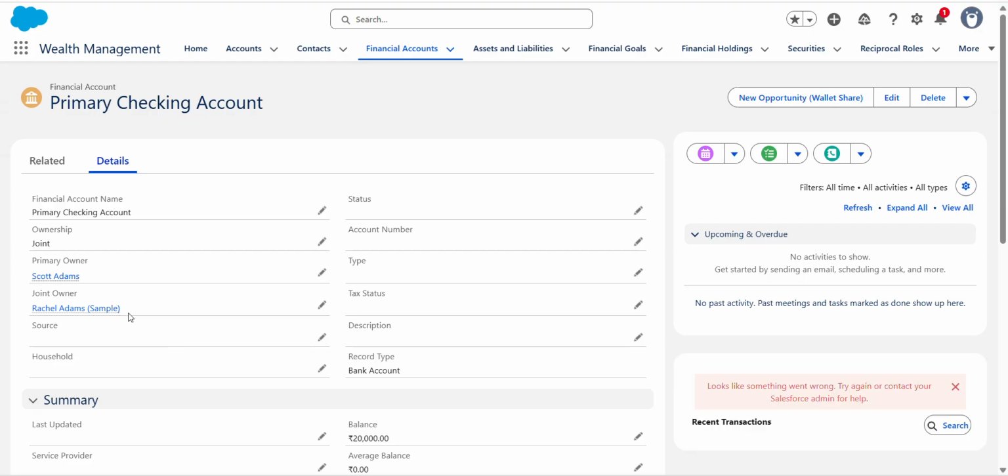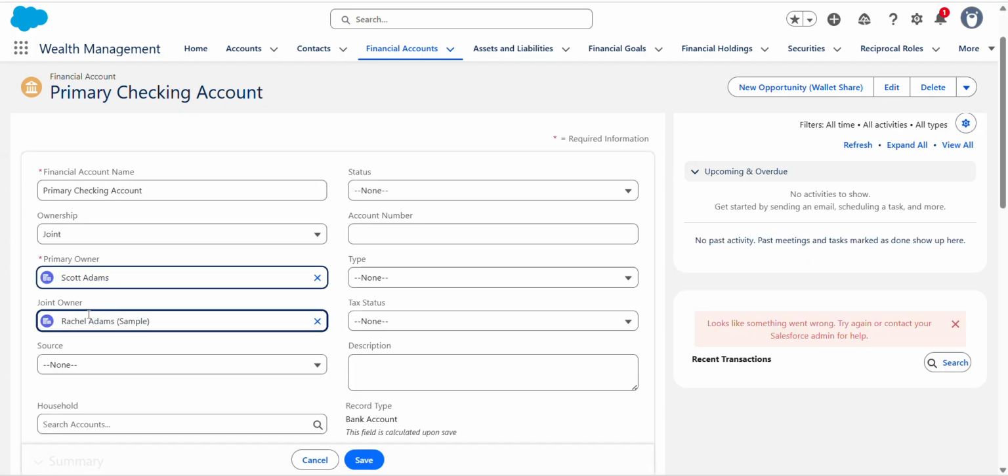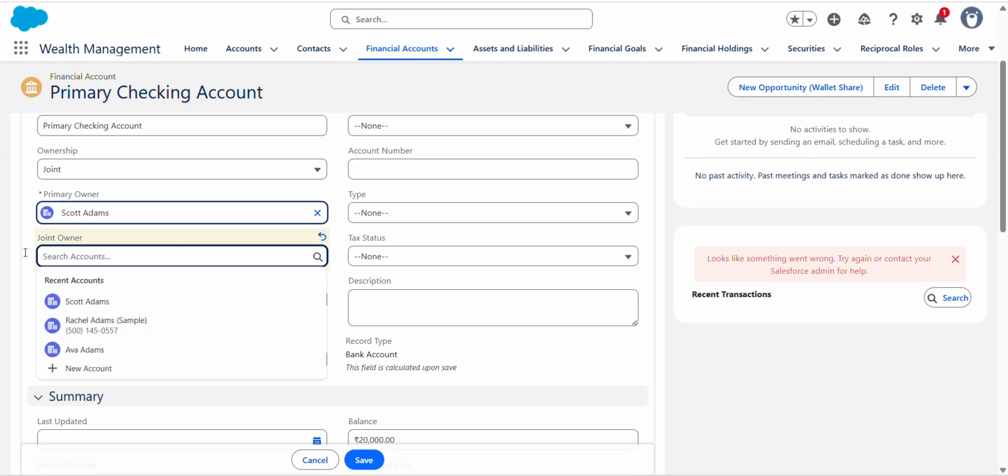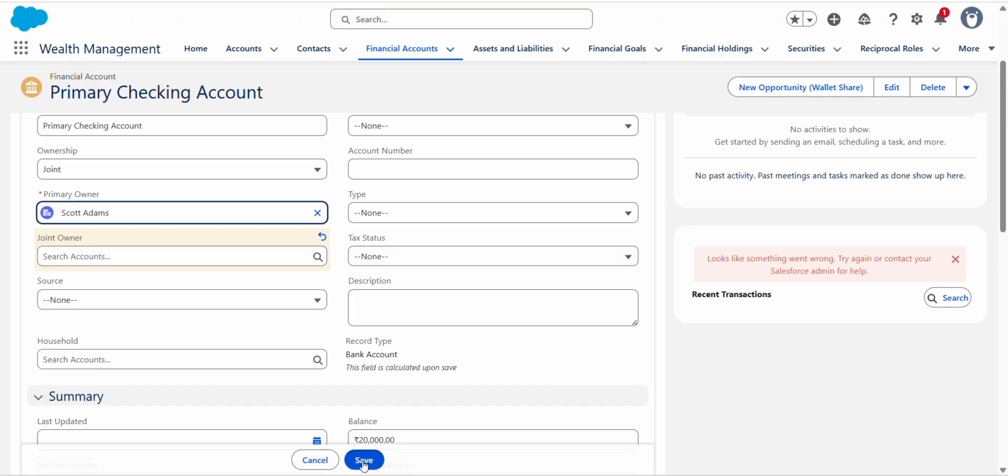Here you can see that Rachel Adams sample is the joint owner for the Scott Adams primary checking account. Remove Rachel from the joint owner and click on save.